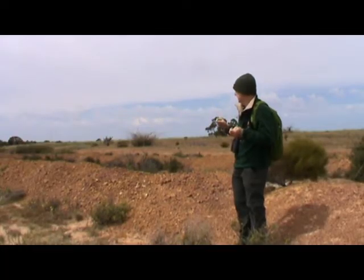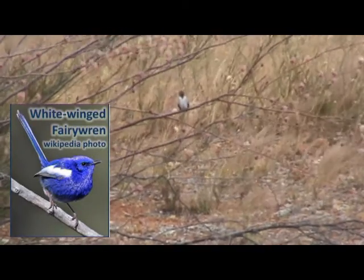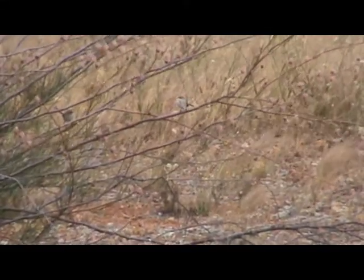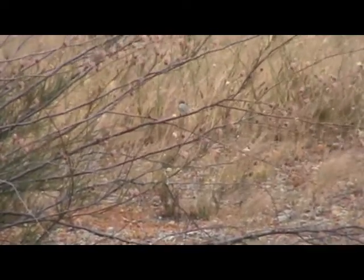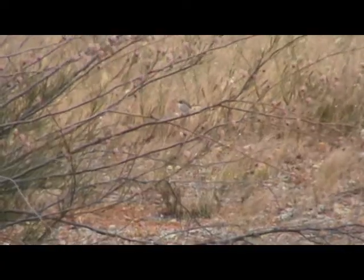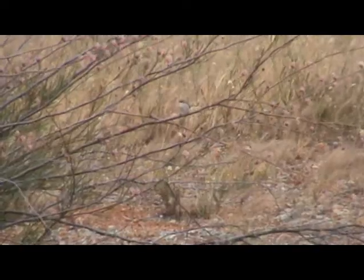We've been looking at a small group of 5 to 6 white-winged fairy wren foraging in here. They're taking insects off the flowers of the grevillea and calling and moving along this area. So I would expect those birds to move into and forage through the saltbush as it matures. They're probably doing that already and flying across to more samphire on the other side, and on the other side,